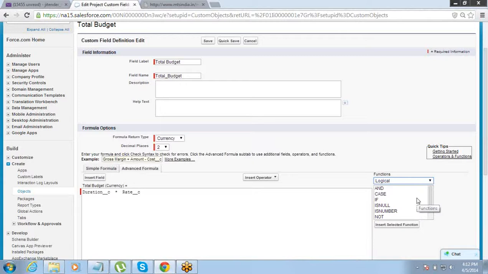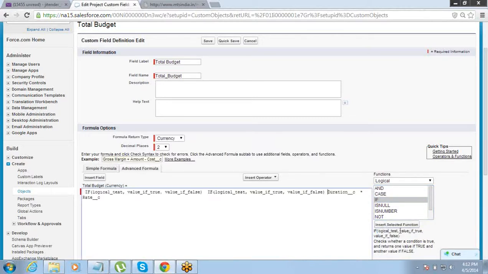You can just go to any particular function and click on it, and it will show you how that function can be used. If logic is used this way: put the logical test, then give the value if the logical test is true and the value if it is false, right?